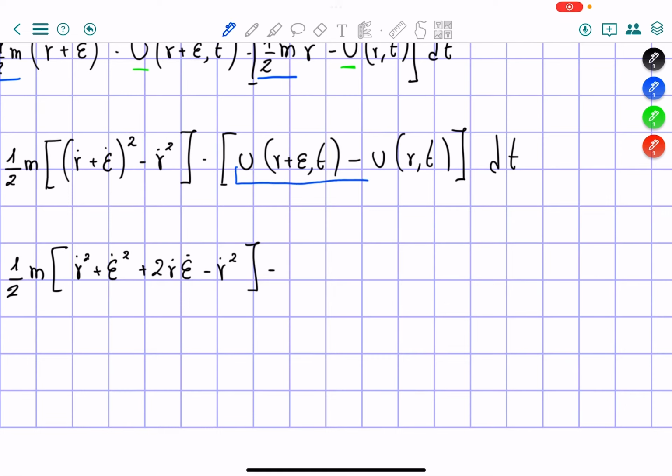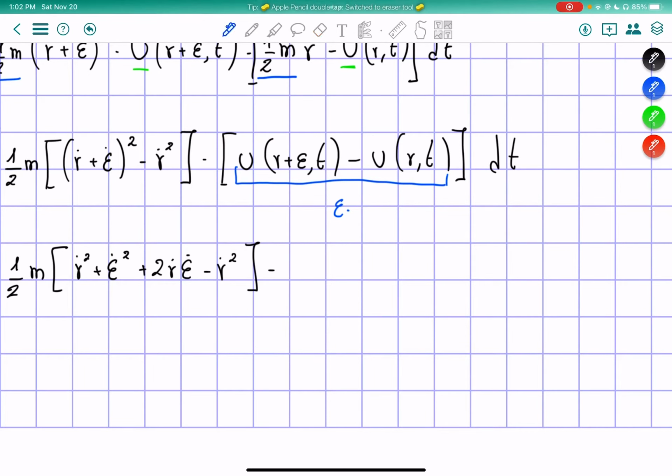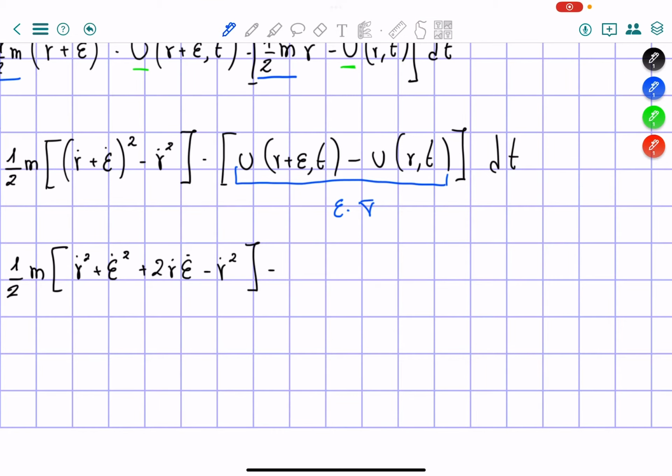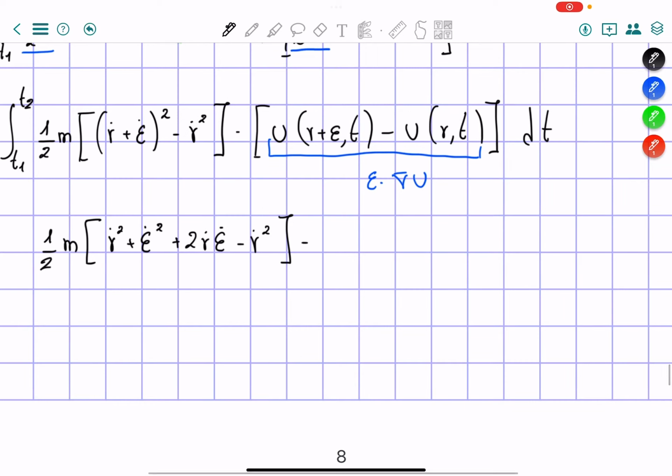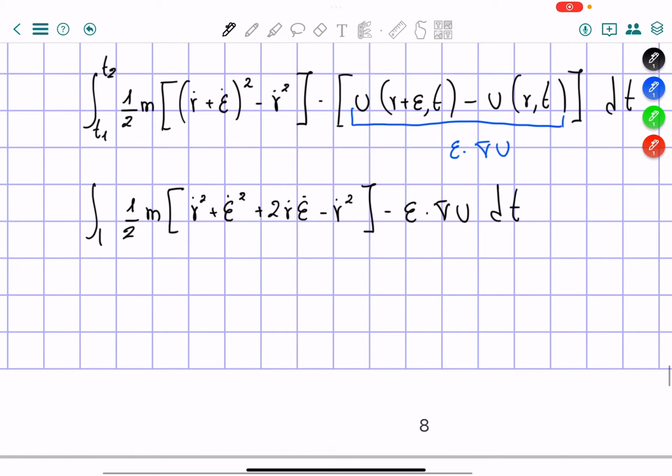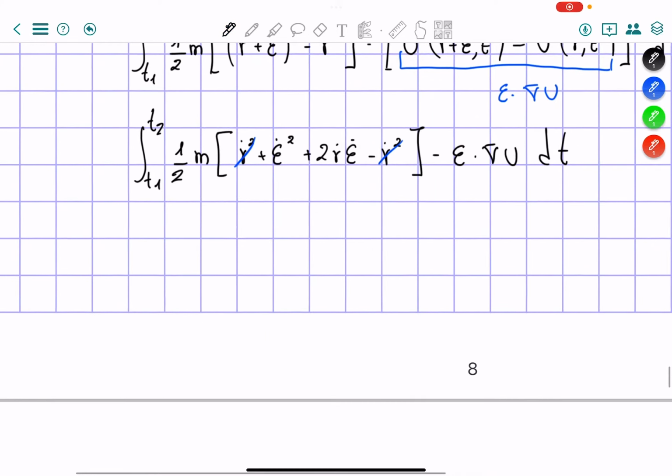So this part that we have right here can be substituted and be put as epsilon times the del times our function u. So we're going to write this as epsilon times del of u, everything dt, from t equals 1 to t equals 2. So here we can cancel our r dot squared, and out of here we obtain that